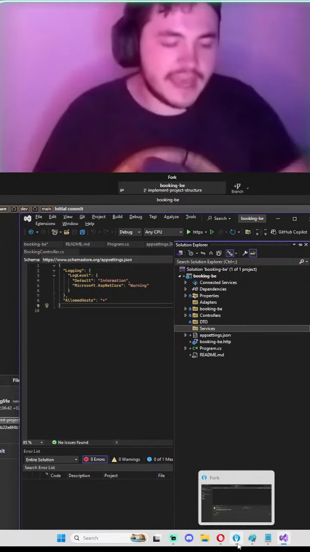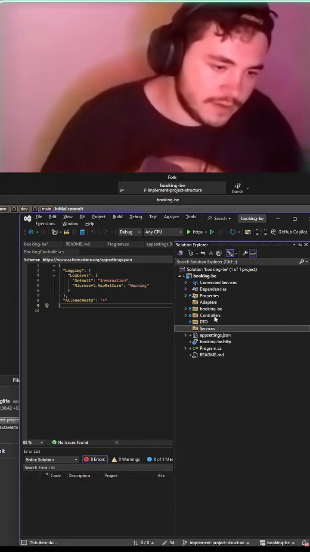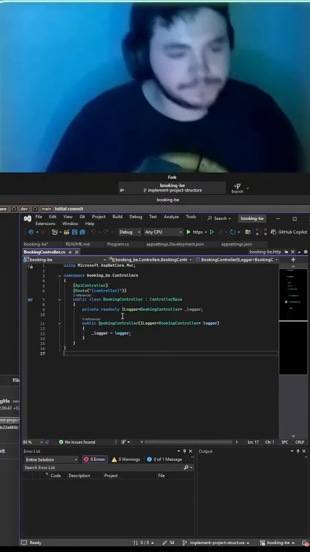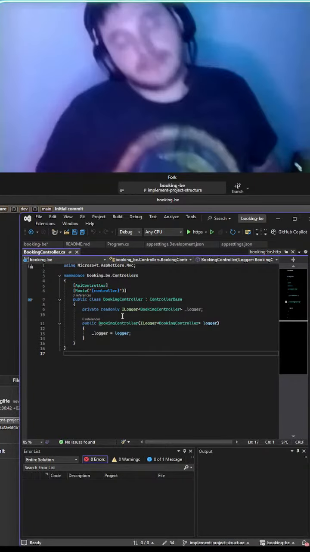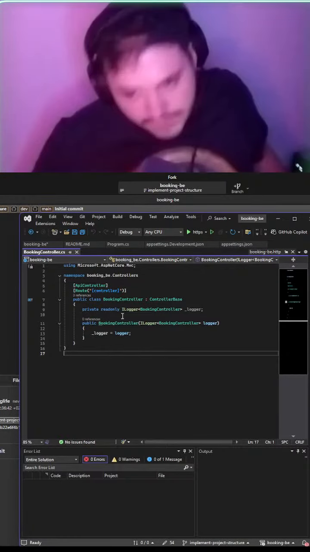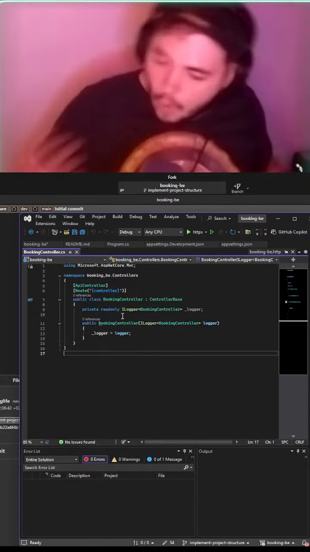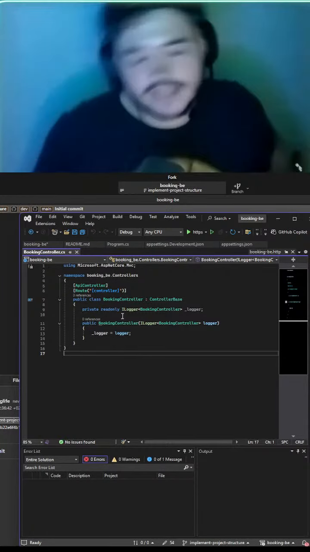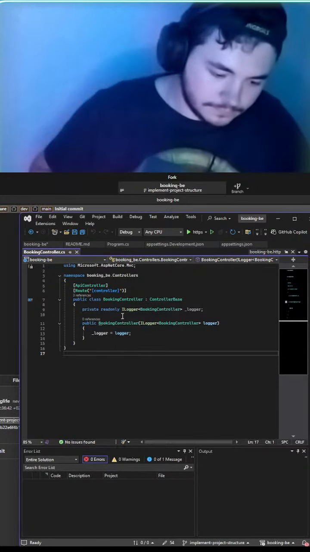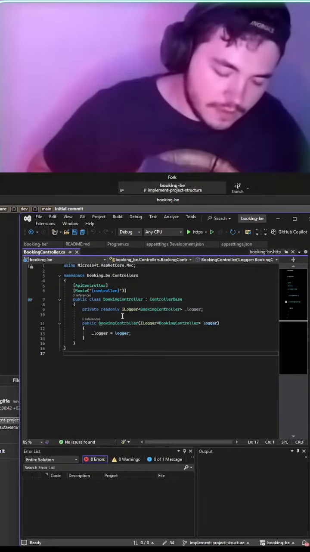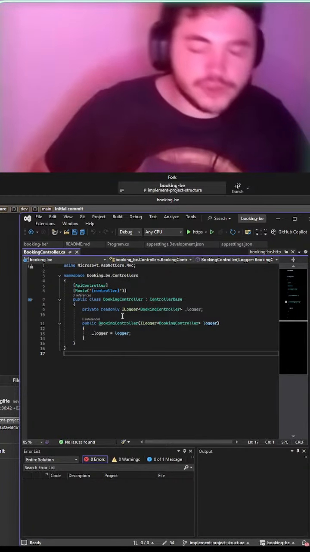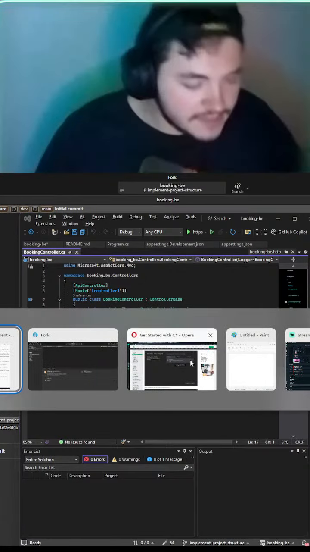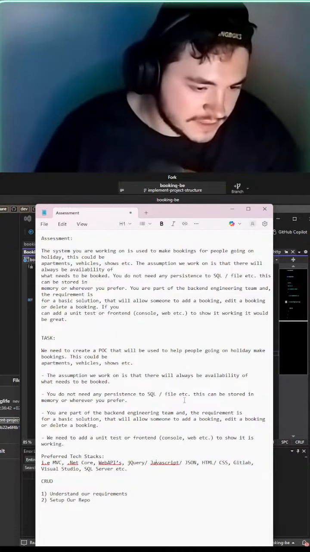So let's now look at our next step, our controller. We're going to look at our booking controller. I'm going to say, hey, booking controller. I, as a front-end individual, I'm going to make a call to the backend. The very first thing I'm going to do is add something to the database. So I want to create. So that's going to complete this requirement here.